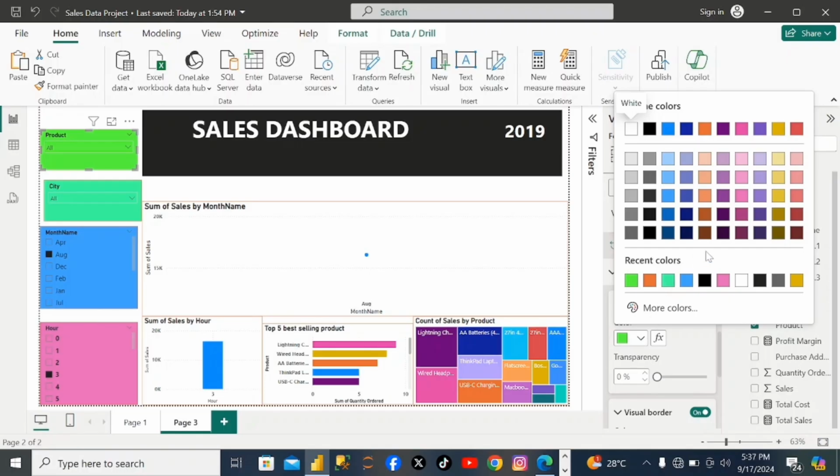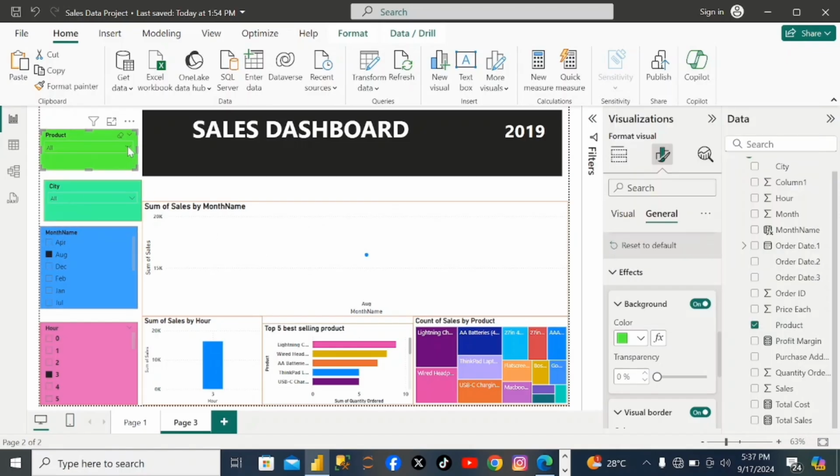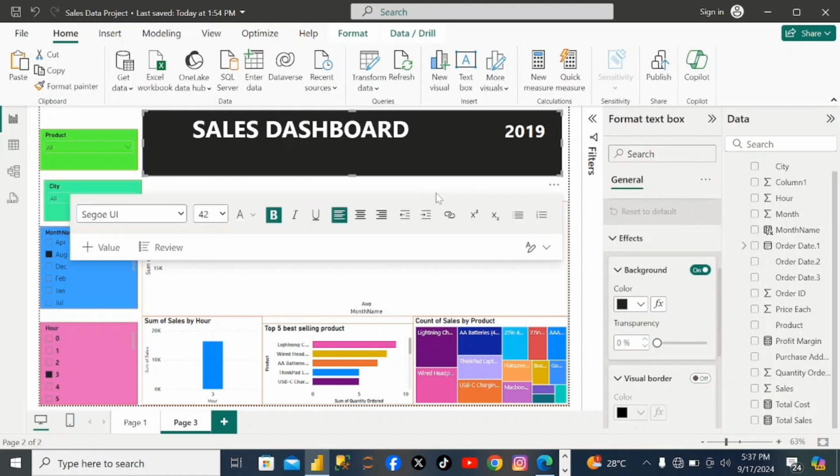Okay. So we're done with that. So you can come here, choose different products here that you want to filter. So these are the sliders, and this is your sales dashboard. Okay. So now what we are going to